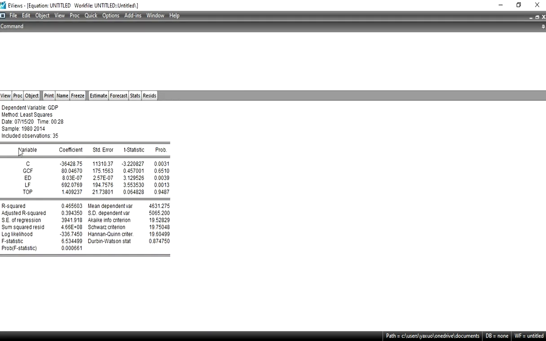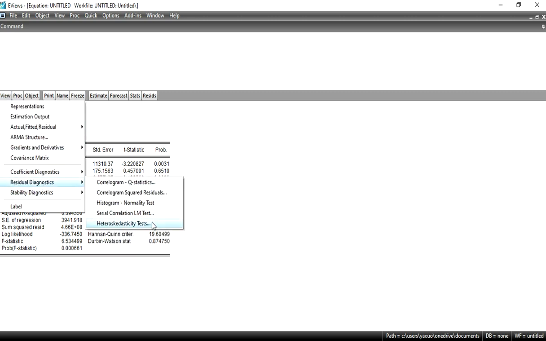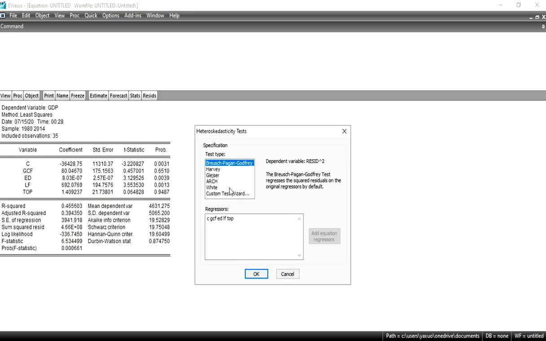We have no concern about these OLS results, as we are going to check the problem of hetero. So go to View, Residual Diagnostics, and click on Heteroscedasticity Test.